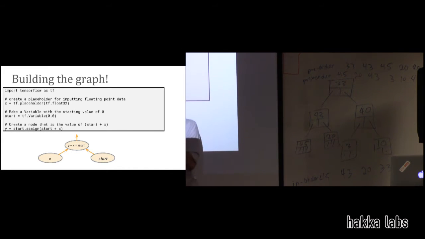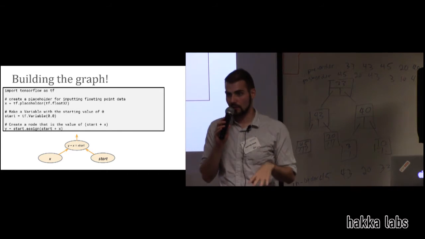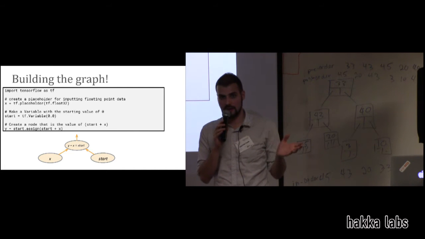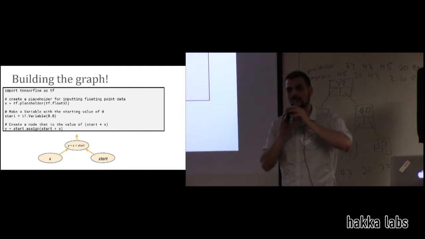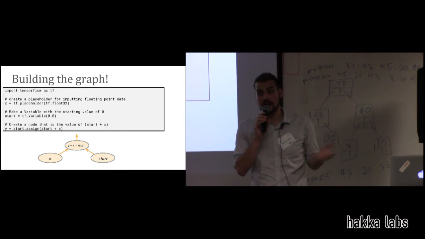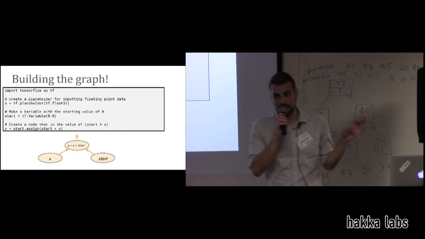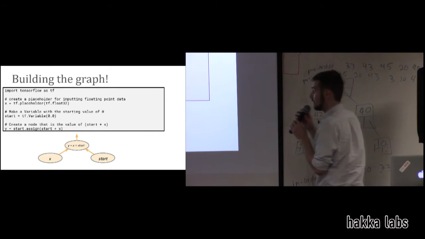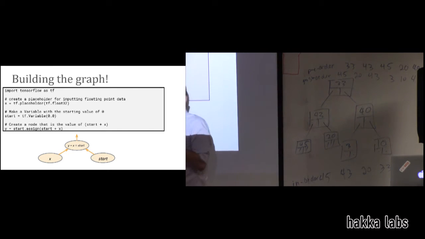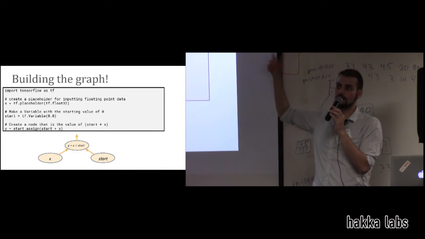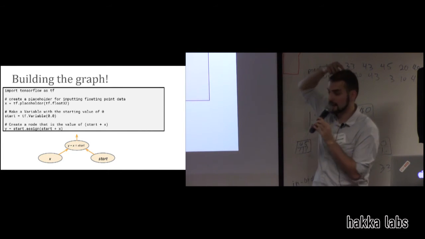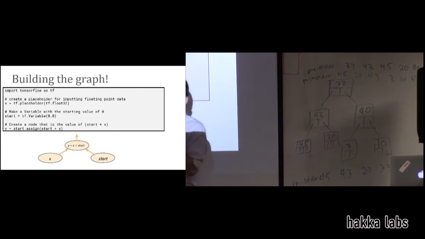So if you said y equals x plus 1, start won't be pointing. Exactly. So basically, the way it works is it knows that it needs to place an operation down on the graph, and then it looks at its inputs and says, oh, these are the things that I'm dependent on. That means I'm going to have an edge here, right? And so this node will keep track of its own dependencies, and that's how it knows, oh, in order for me to run, I need both of these guys to have run. I need to know what their outputs are, right?